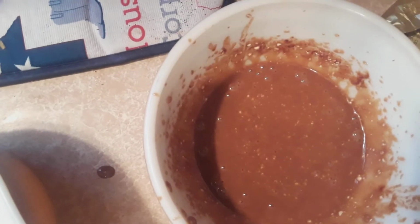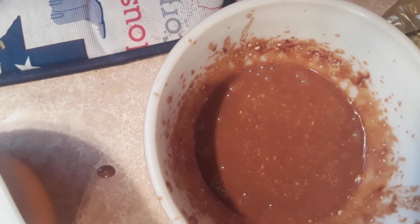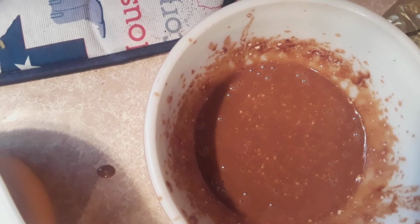Now you put this into the freezer until your cookies are done. So I like to cover mine with saran wrap and just stick it in the freezer. And now I'm going to work on my white